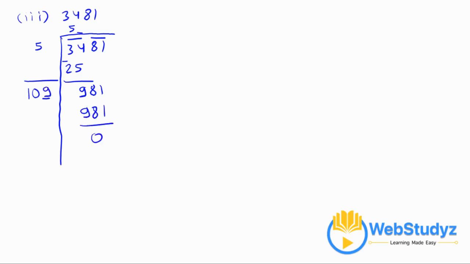That number is 9. If we multiply 109 by 9, we will get 981. So the square root of 3481 gives us the value as 59. Now move on to the fourth one,